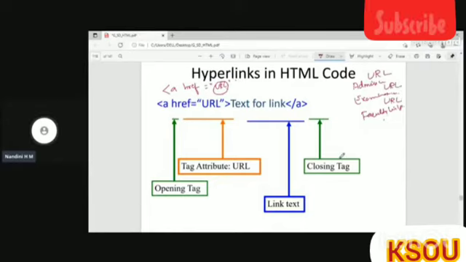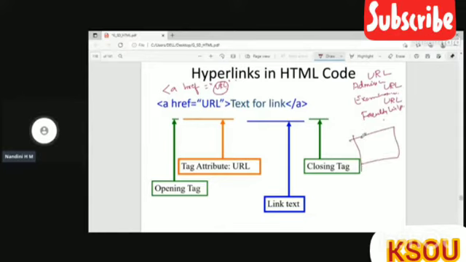When you create a hyperlink in a home page, this is the home page, and here I have admission, examination and faculty, right? This is the text. When I click this admission text, it has to take me to the admission page.